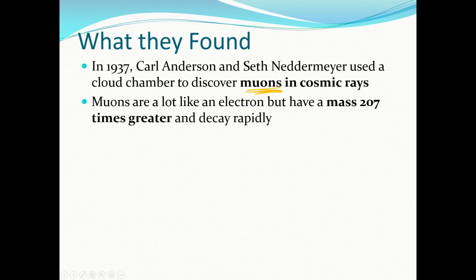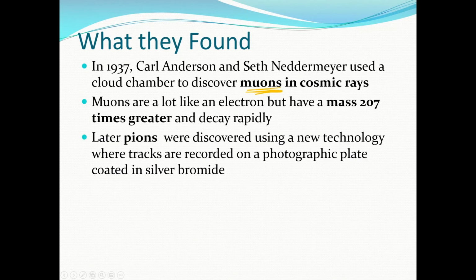So muons are a lot like electrons. They have a mass that is 207 times greater. Later they found pions, which were discovered using a new technology where tracks are recorded on photographic plates. So it's a similar way,